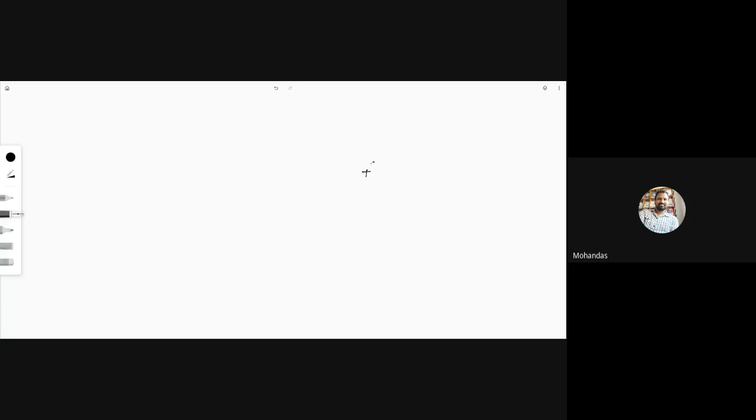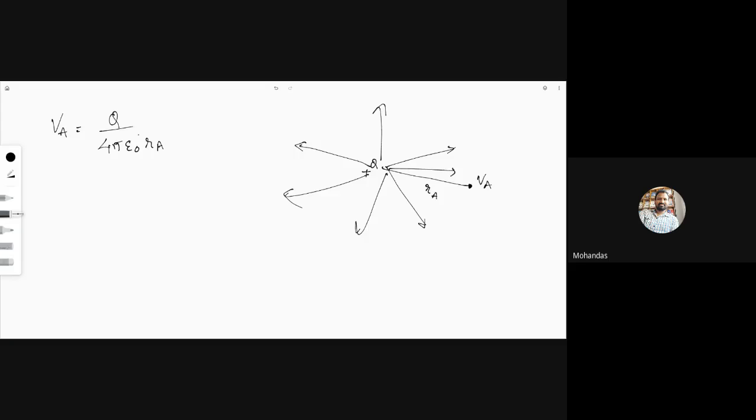Now, remember this formula. I'm going to explain one thing here. There is a plus Q charge here, and this is the electric field intensity like this. Now, if I take point A here, at a distance, let us say small RA, then what is the potential at point A? Q by 4 pi epsilon naught into RA distance. As it is a scalar, it doesn't have any unit vector.